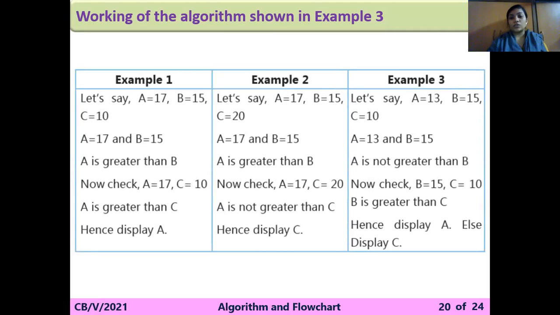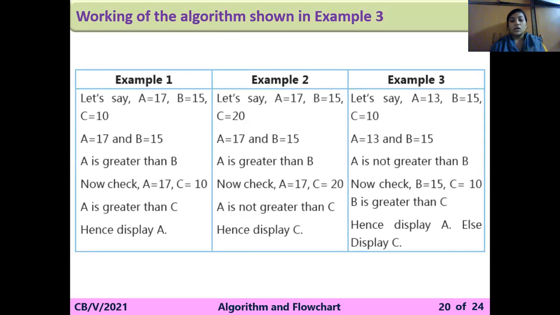Example 1, 2 and 3. If possible, I will show the demo of example 1 and send the video of that. But I'm just telling you to try it by yourself. Okay, so these are the examples that will be shown here, and you have to do that. You have to perform this one.